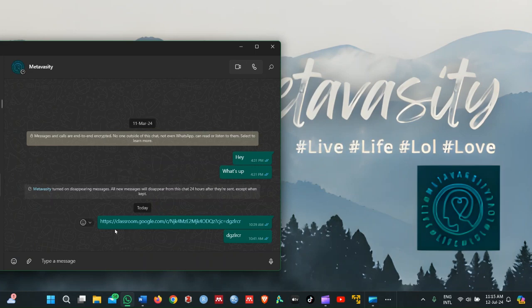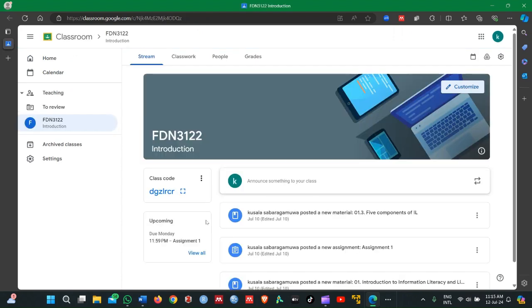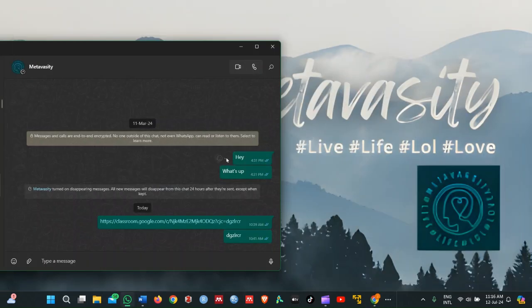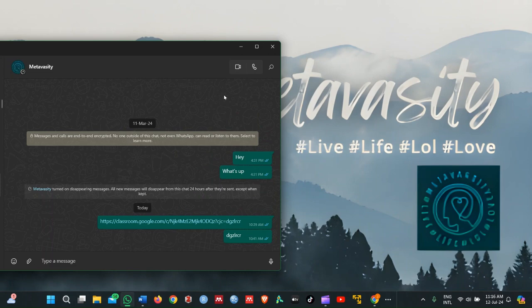I see in your WhatsApp group or WhatsApp link, a link like this. Click on it. It will lead you to a Google Classroom, but I recommend you to use Google Chrome browser instead of other browsers, since it is a Google Classroom. So if you have not set your default browser to Google, just copy down this link and go to